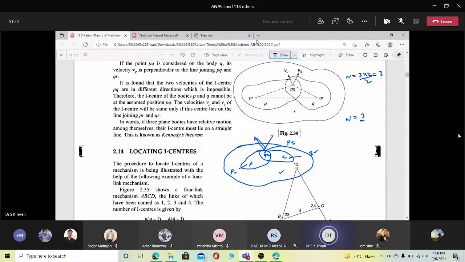moving in this particular direction, it means it is rotating about some line which is perpendicular to this. Similarly, जब मैं Q के लिए देख रहा हूं तो Q is on the body Q, the point Q is moving in this particular direction. तो इसका मतलब क्या है, it is rotating on this line which is perpendicular to the direction of velocity PQ. ठीक है कि नहीं? यस सर। अब मैंने क्या किया था देखो, जस्ट होल्ड ऑन।